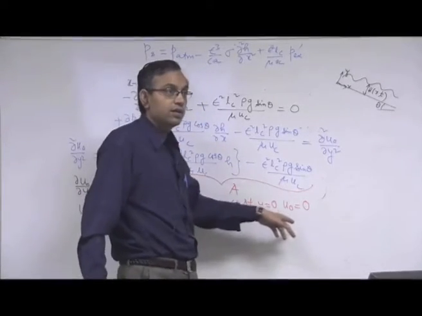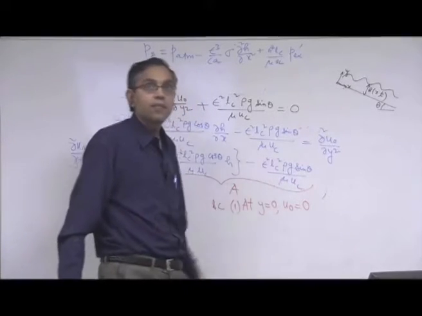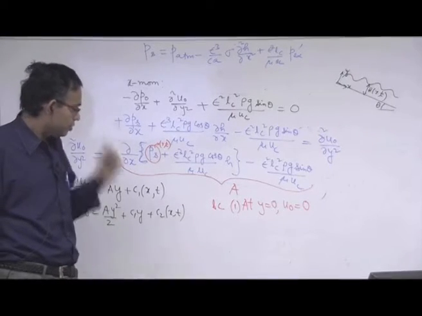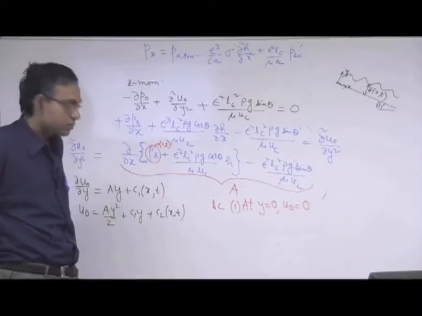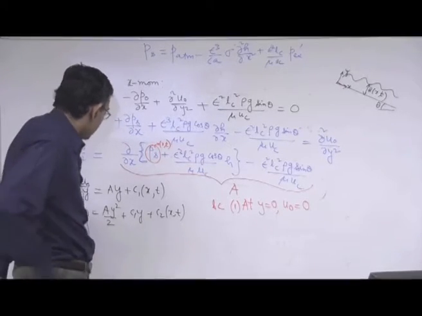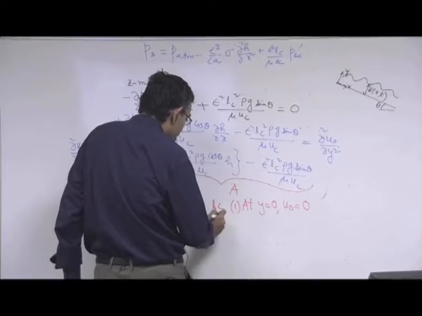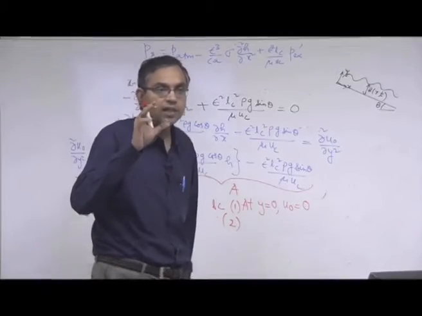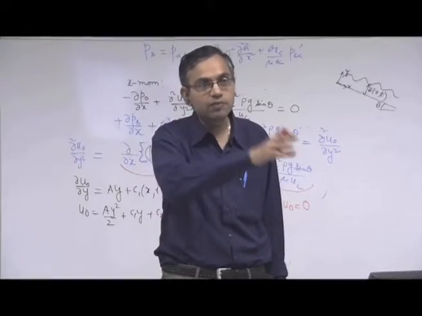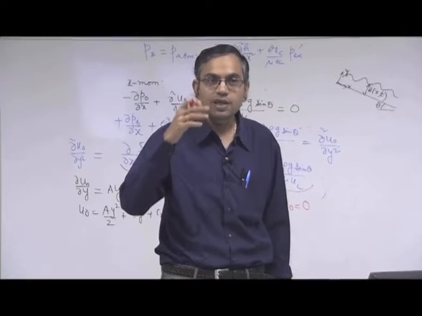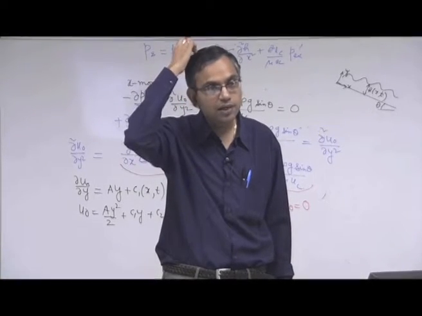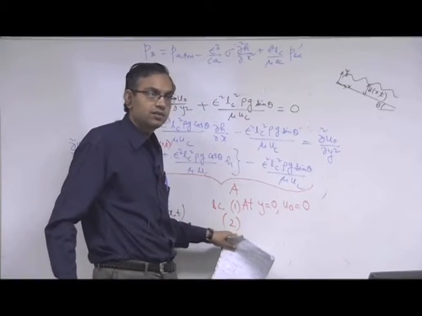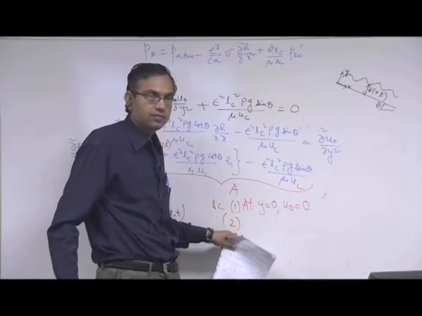So at y equal to 0, u0 equal to 0. So that means 0 equal to, okay, let us write the other boundary condition, then we will apply that. What is the other boundary condition? See, when you write the boundary condition, the mathematical form you can retrieve from the notes, but try to first say what is the physical boundary condition that we want to write here. What is the physical condition?